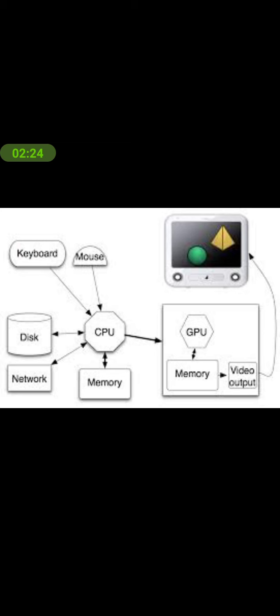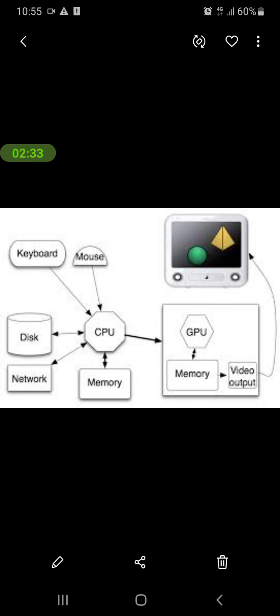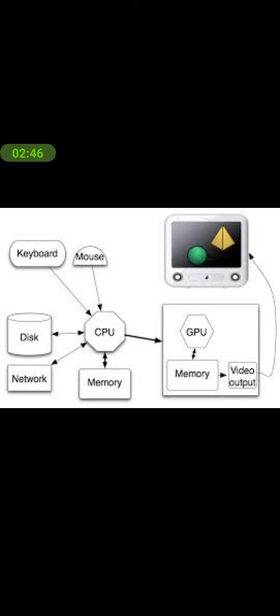Next one is the output unit. The main purpose of the output unit is to fetch the data from the central processing unit, and then through the graphical processing unit it is sent to the memory unit of the output, and then it displays a meaningful output to the user on the monitor screen. So in this way the whole process works to monitor and to control the input activities and output activities of the